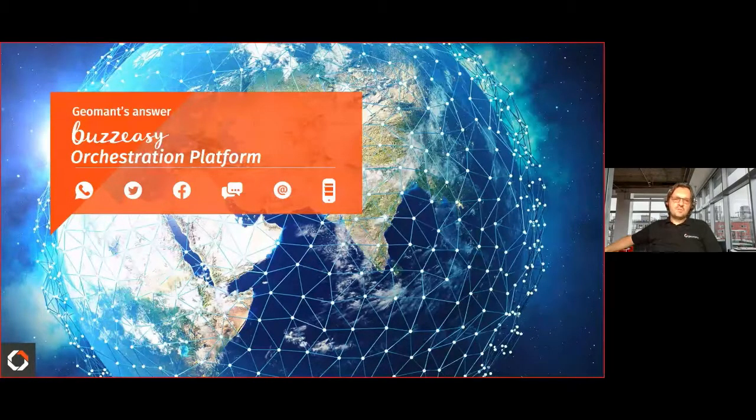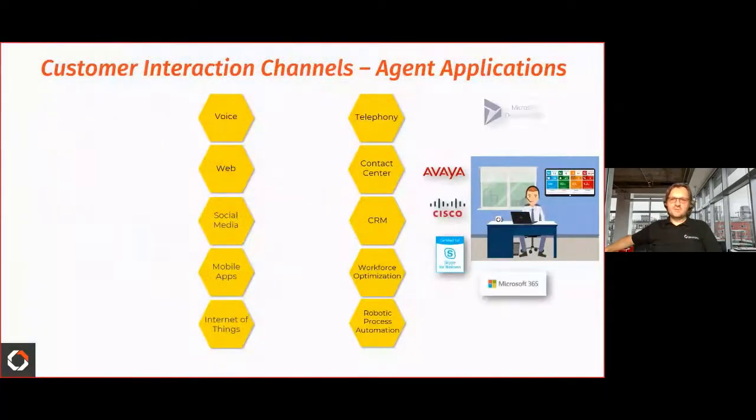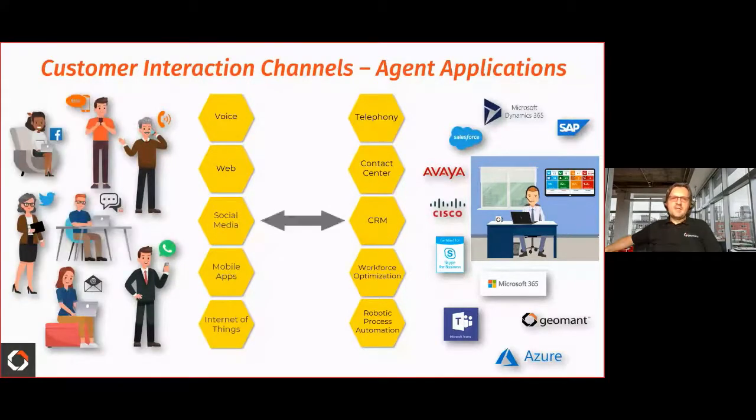We have the so-called Bazizi orchestration platform behind our solution. Let's have a few words about what that is. Being in the customer interaction, customer engagement business for the last 20 years, we could see that there are new channels coming on the customer side, and more and more applications, line of business, unified communication, call center, CRM, and all that kind of stuff coming on the agent side.